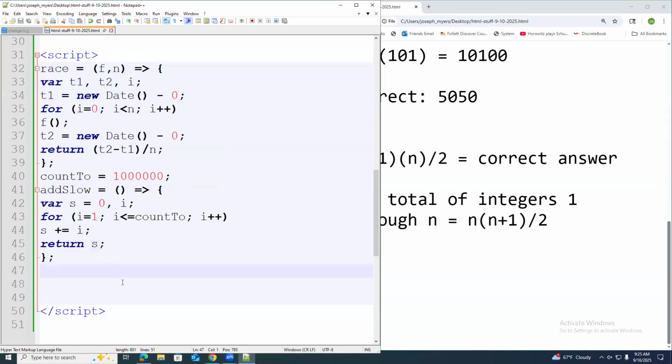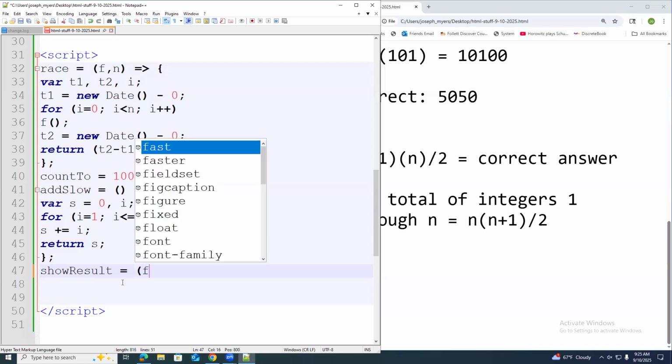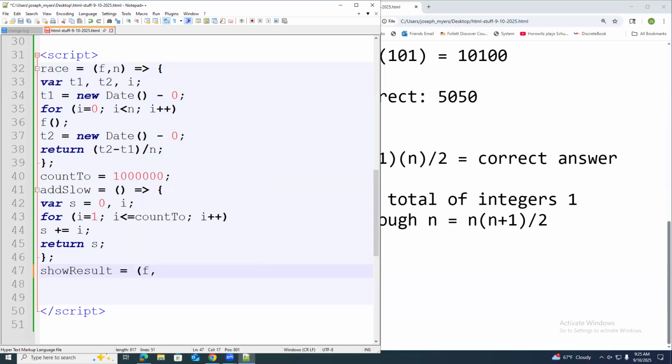Of course, you can't do anything in code without actually writing code to do it. Like, you can't just make the code show you the result. So we're going to have to make a function called showResult. Let's say showResult equals, and it's going to accept a function and text to label the function with. And it's also going to be an arrow function that runs a block of code. This block of code is going to calculate the result.